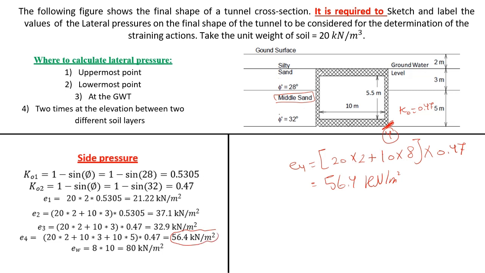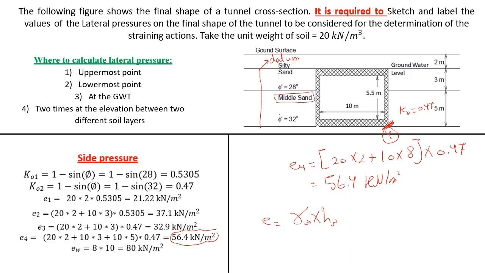At the very end, you have to calculate the water pressure. You have a groundwater table, so don't forget that you have some lateral water pressure on your retaining wall or on your underground structure. The water pressure is very easy to calculate. The water pressure is gamma water by H water. Just E water, it will be equal to gamma water by H water. So if you have here a datum,